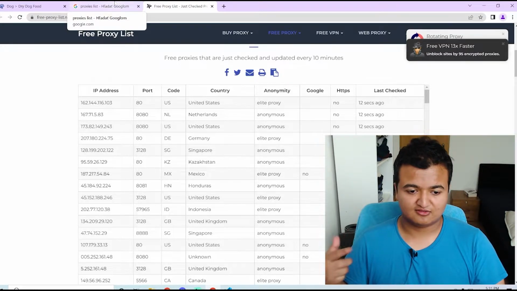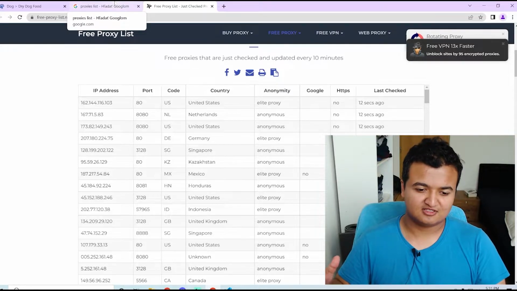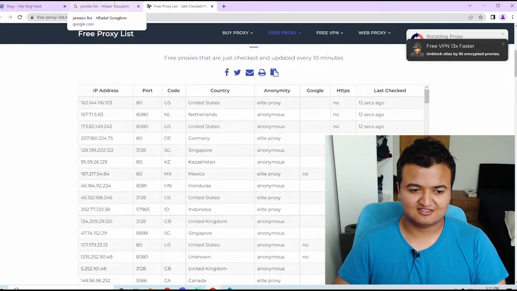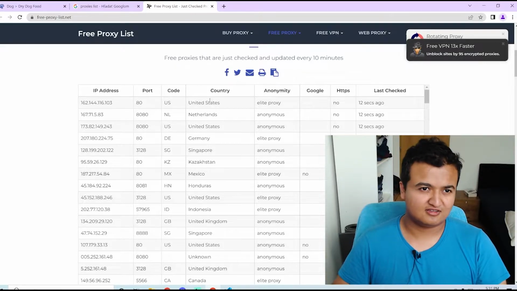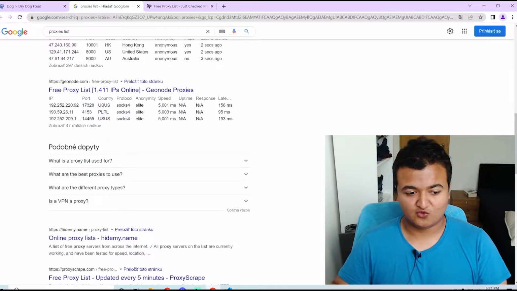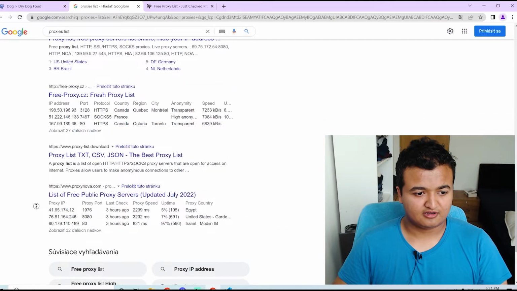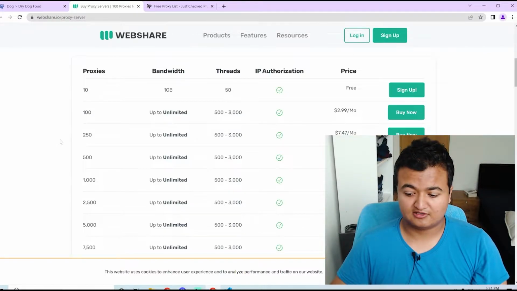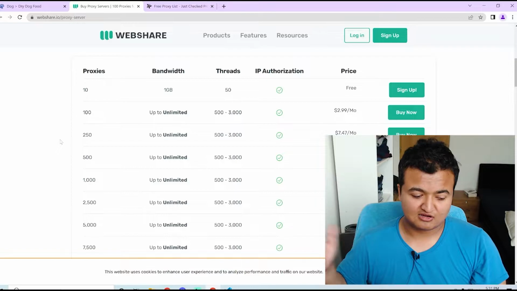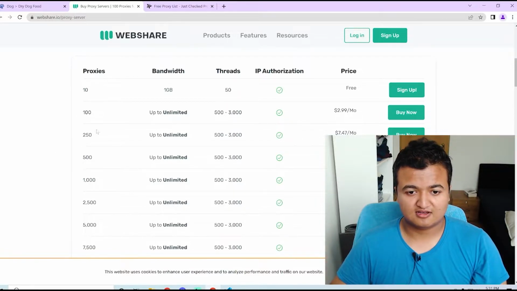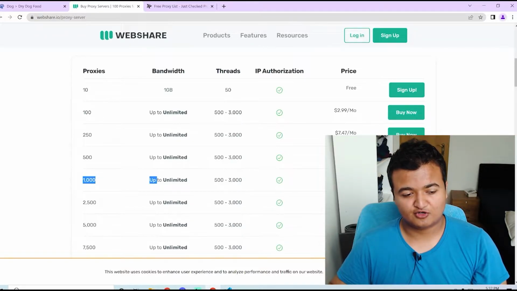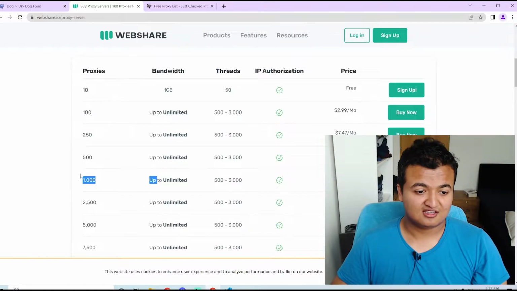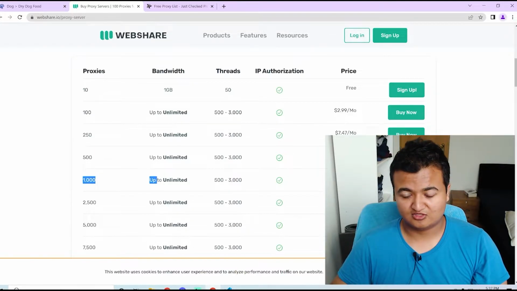And even then you still have to switch, because even with the proxy, the site owner is going to suspect you if there's a large amount of traffic still coming from just one IP or a small number of IPs. So what I usually use, if I'm scraping around, let's say, 100 pages and there are about 5,000 products or something like that, then I usually use the 100 plan. If it's in the range of hundreds of thousands of products and thousands of pages, then I usually go with something like the 1,000 proxy plan, and I can just disable this at the end when I'm done, so